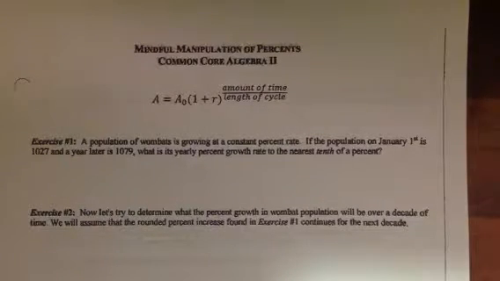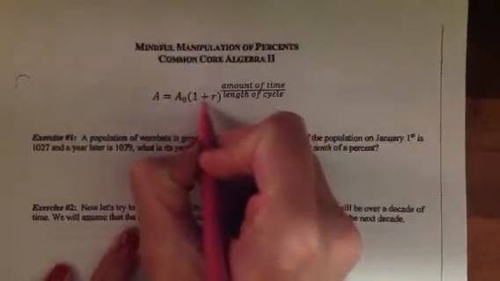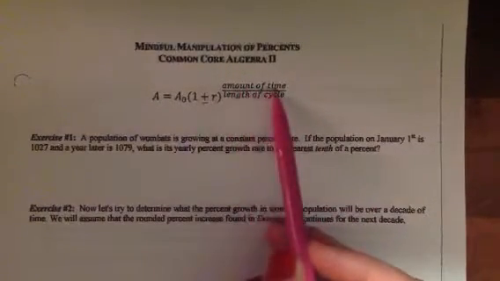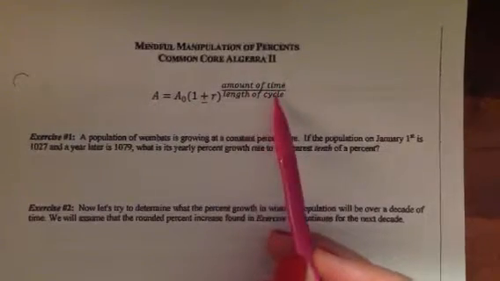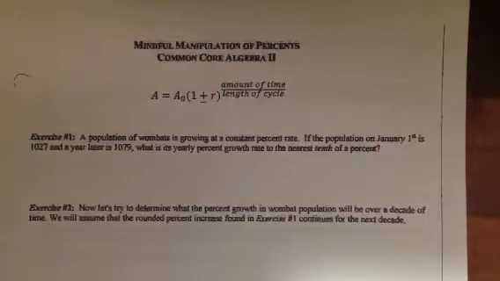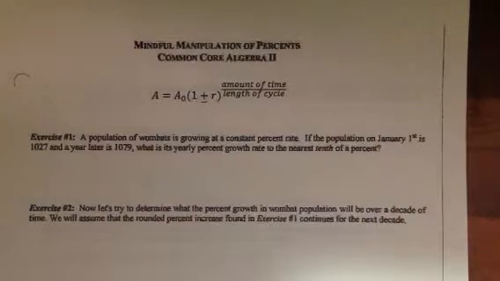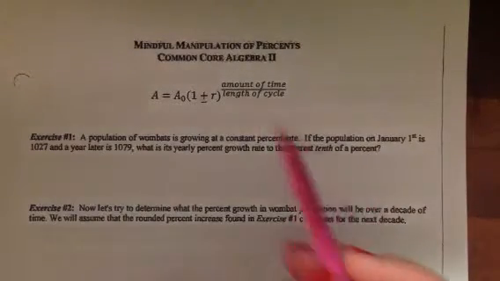Okay, so today we're going to use the same formula again. Actually, the first thing I want to change is the plus to a plus or minus. Same exact formula. I put amount of time, that was our old T. Length of cycle or period of cycle, that's our P. So we're still keeping the same formula, but you're going to see this change slightly today because yesterday our length